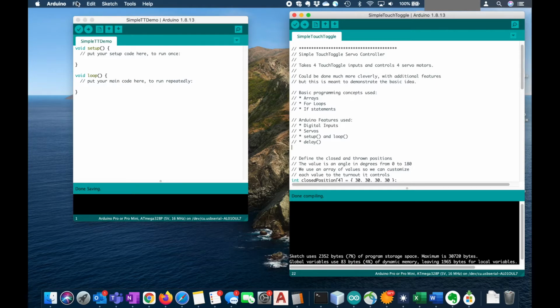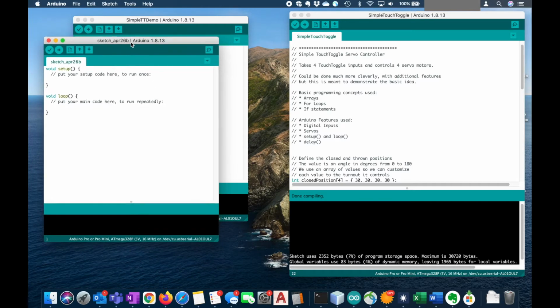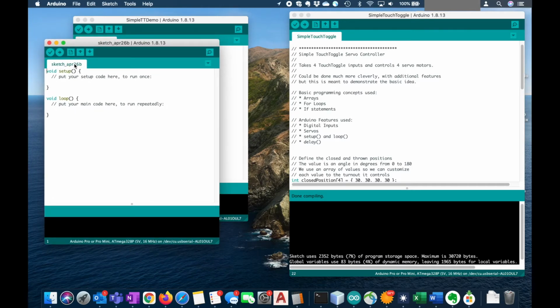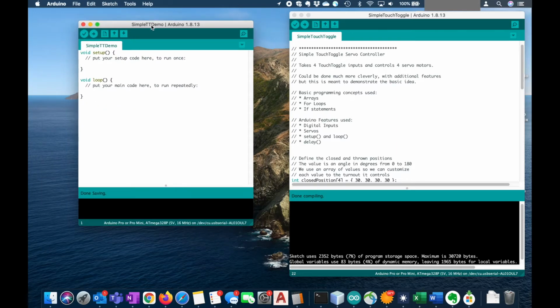So in the Arduino program, when you launch it, it'll open with a brand new file, which will look something like this. And usually it'll give it some kind of generic name based on the date or whatever. And I've already opened this here and saved it with a better name, so we're ready with that part. I'm going to try to do this in real time. So the first thing we have to do is something called including,